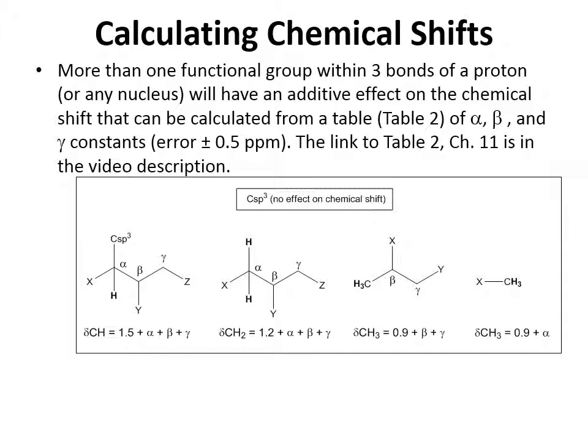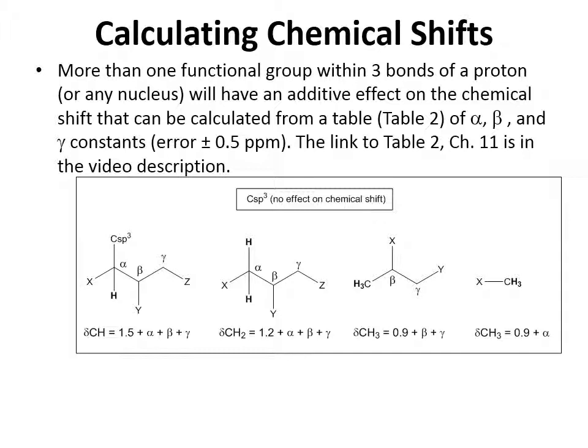sp3 hybridized carbon doesn't have an effect on chemical shift. So whenever you see just carbon that's sp3 hybridized near a proton, we're just going to ignore it. With CH, the chemical shift can be calculated as 1.5 plus alpha, and alpha is going to be the constant for anything that's directly attached to the carbon that the hydrogen is attached to. So the X group there would be considered an alpha group, and you would look up the alpha value for